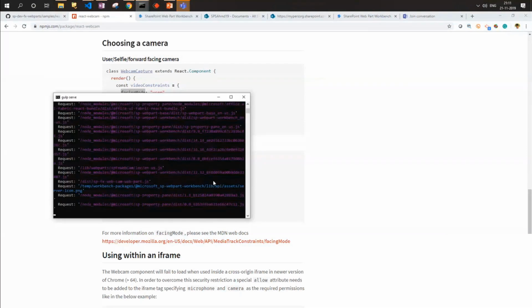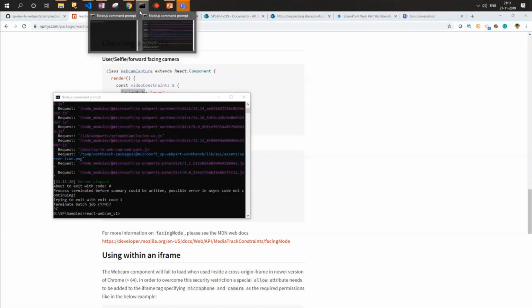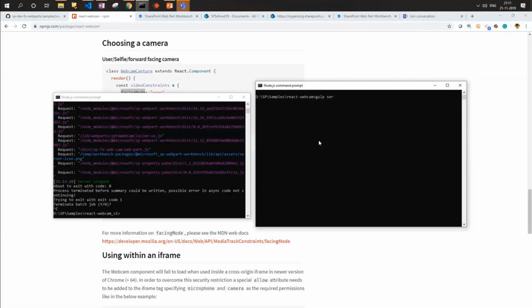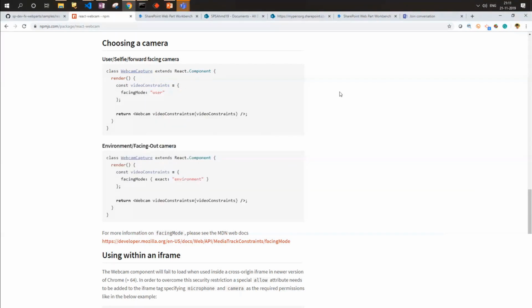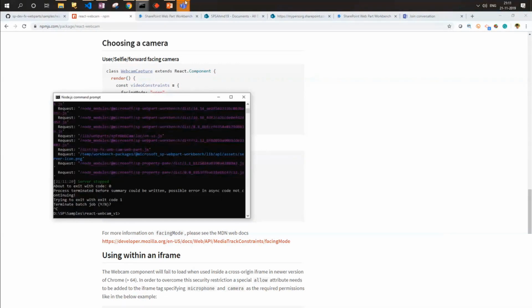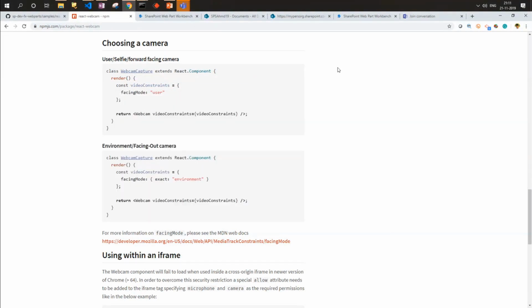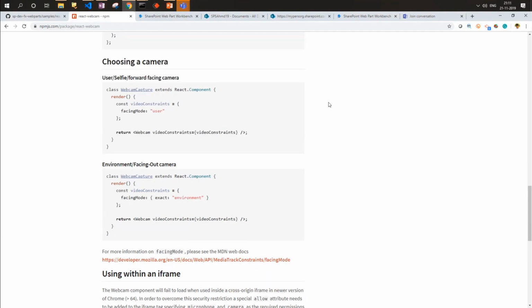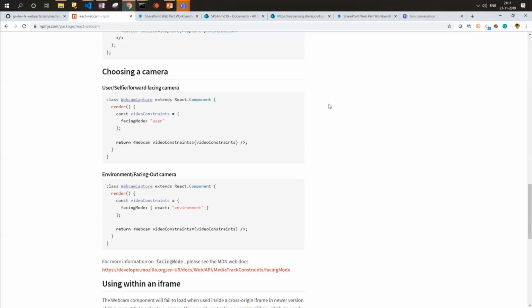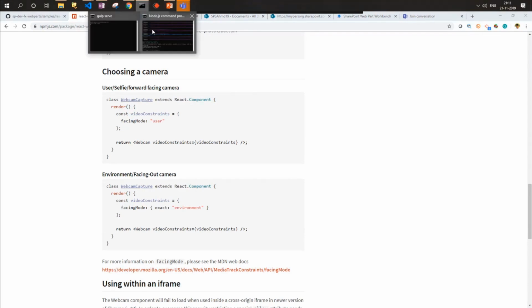Next, I'll show you the extended part of the web part, which I am right now working on. It is again doing the same thing, but the only difference is that it will upload the captured photo into a document library. To make it more configurable, I have used the PnP control list picker, which is pretty handy to allow the configuration option.